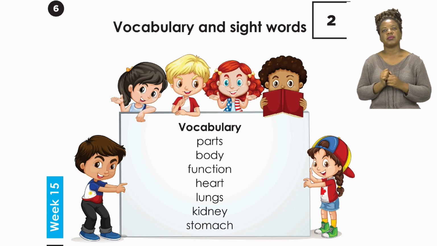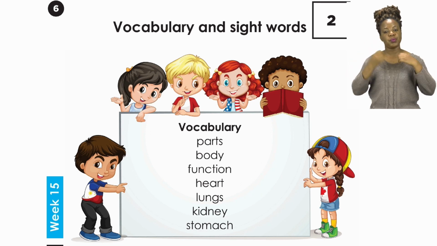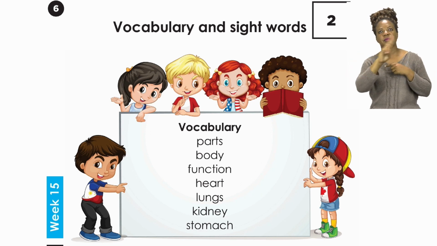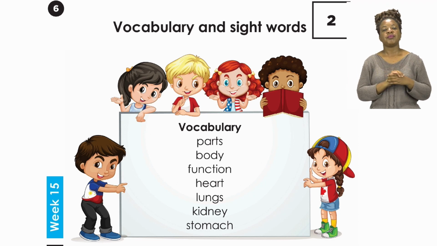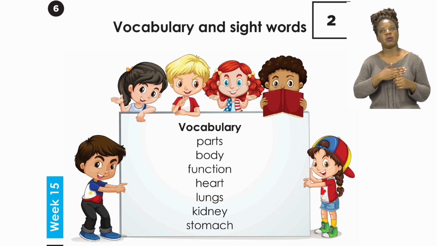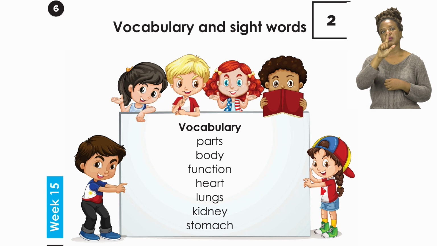And some of the body parts that we have inside that we cannot see, the first one is the heart. Now, the heart is used to pump blood all over our bodies. And when it pumps blood, that means everything is nice and healthy. If the heart stops, then that means the person is no longer living. So our hearts start beating from a very young age up until we are no more. Then we have lungs. We use our lungs to breathe in and out. So every breath you take in and out